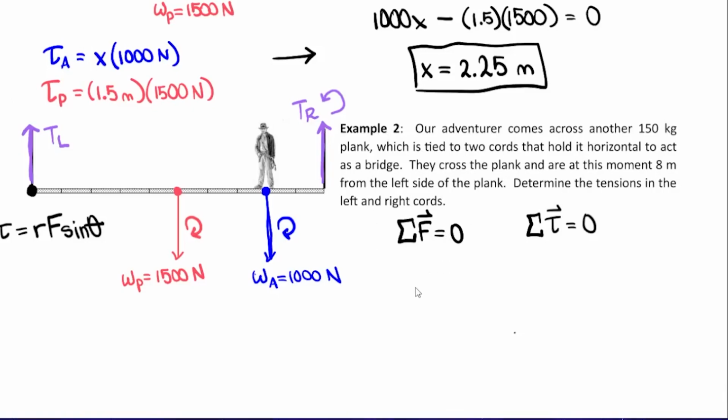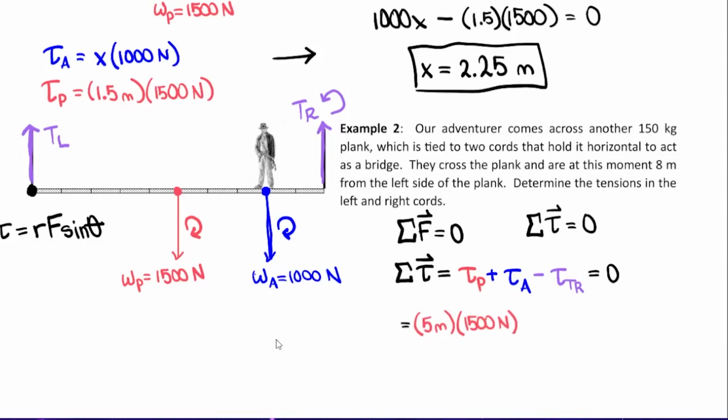Let's get that in writing. The sum of the torques on this plank are going to be the torque caused by the plank plus the torque caused by the adventurer minus the torque caused by the rope going in the opposite direction. And all of those torques need to add to 0. Expanding this out a little bit more, well, the weight of the plank is going to be about 5 meters away from its left side. It's halfway across. So the torque of the plank should be expressed as 5 meters times 1,500 newtons, which is